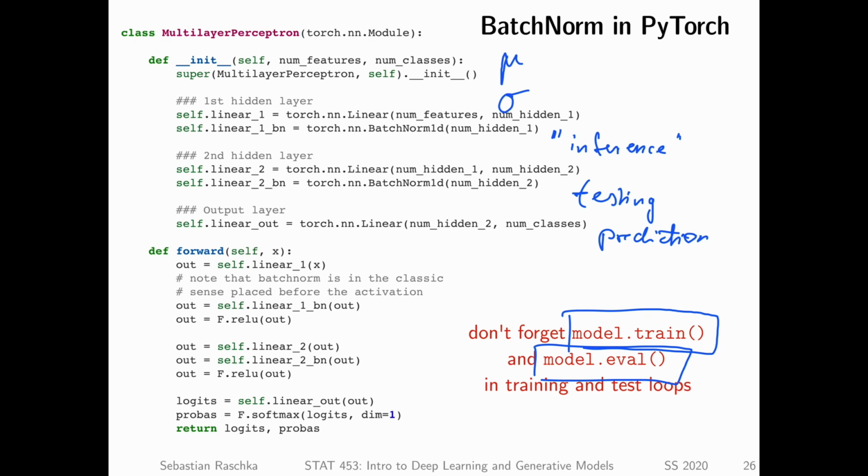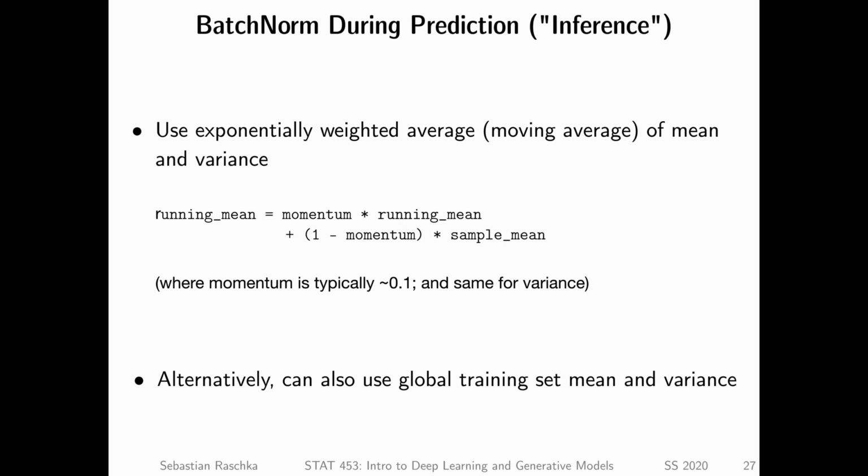So what that means is if we only have one data point during testing or prediction, we can't really compute the mean and sigma from that one data point, right? So we have to do something in addition to that. We have to somehow save the mean and sigma that we can then use during testing. And there are two ways to do that. The first way is just to keep a running mean. That means that during training, we compute this running mean, and we do the same thing for the variance. We have a momentum term, the 0.1 here, and we multiply.